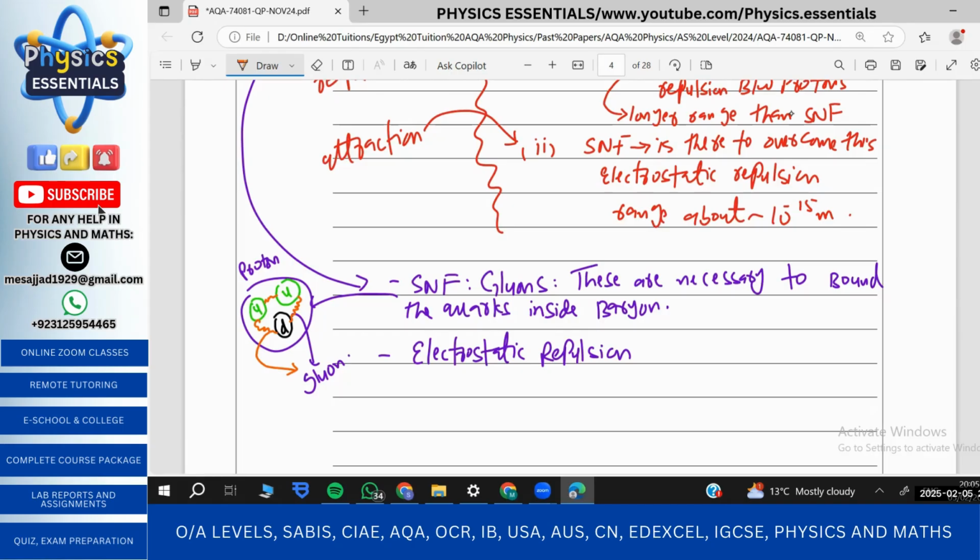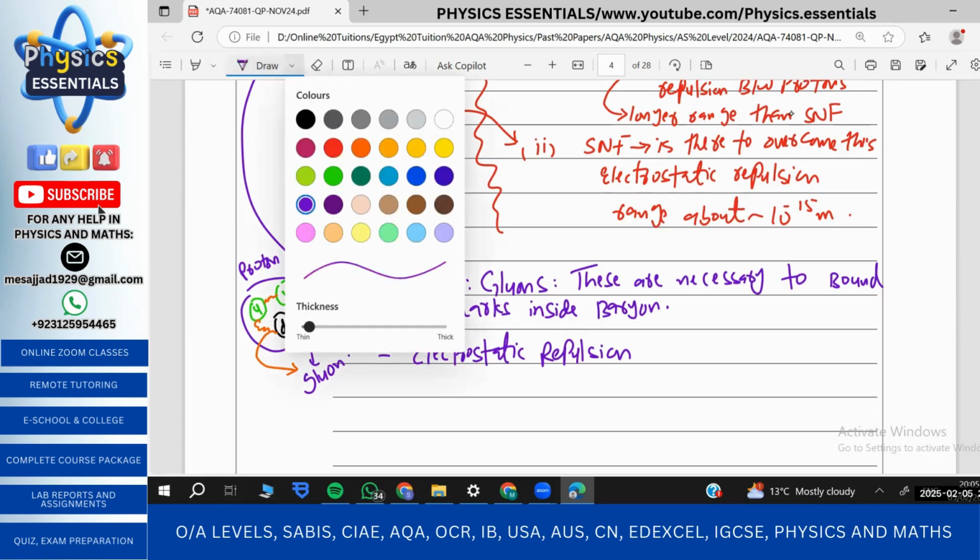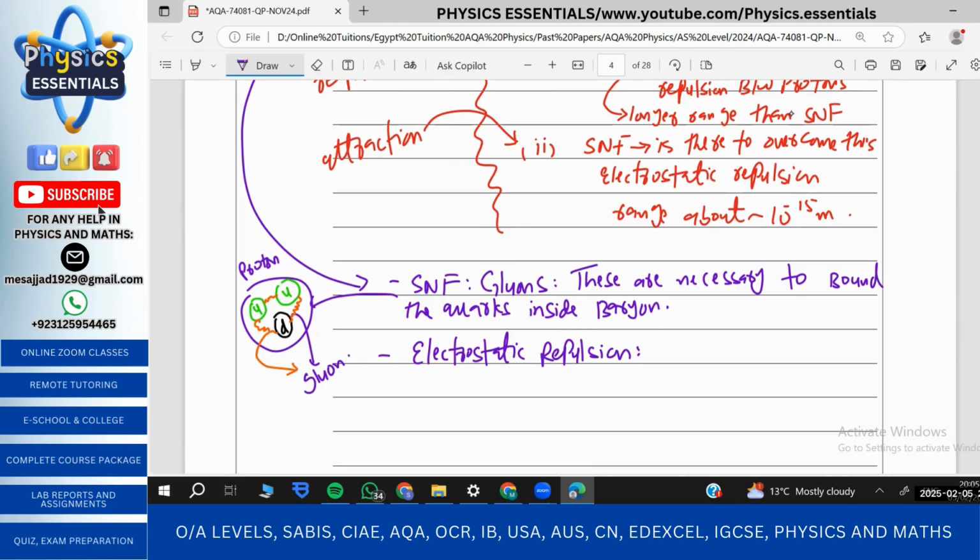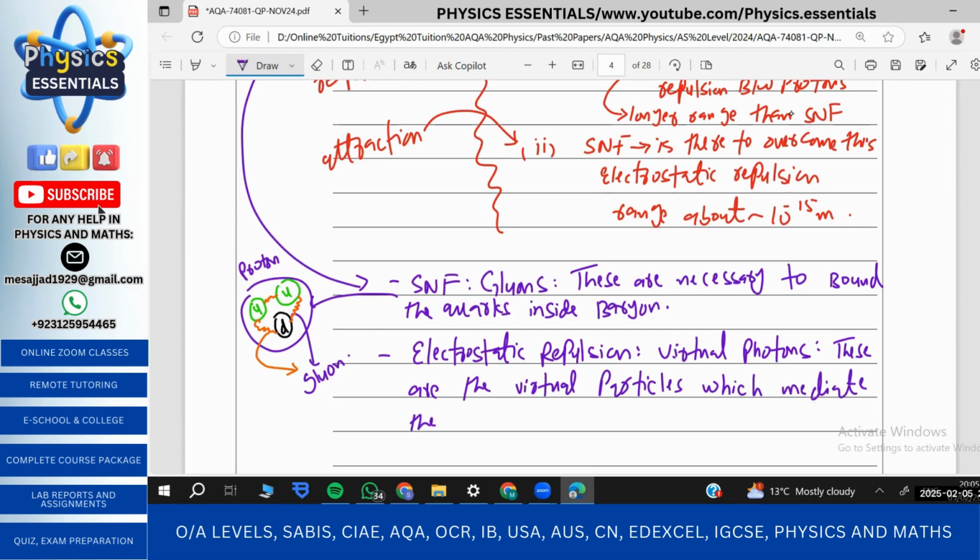Okay, so now electrostatic repulsion. For electrostatic repulsion, we have virtual photons. Okay, and what are virtual photons? These are virtual particles which mediate the attraction or repulsion, right? You can say electromagnetic forces